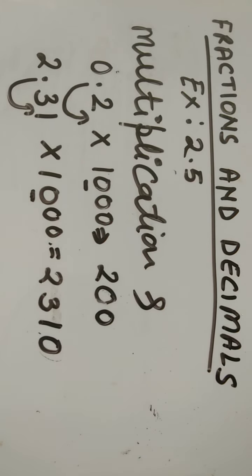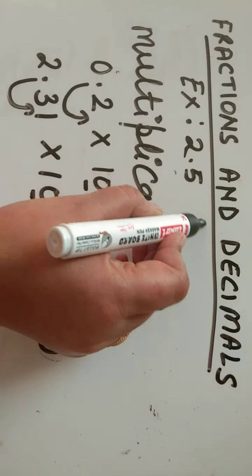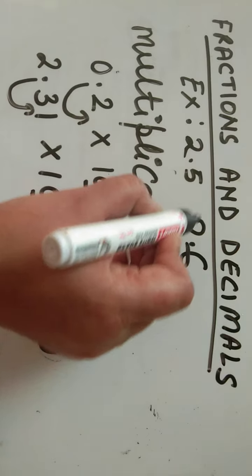So this all is regarding decimal numbers, its expansion form, place value, as well as its multiplication. With the help of this explanation, you can easily complete your exercise of your NCERT book, that is exercise 2.5 as well as exercise 2.6.